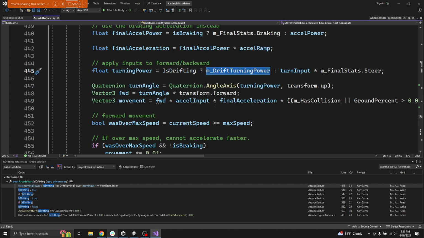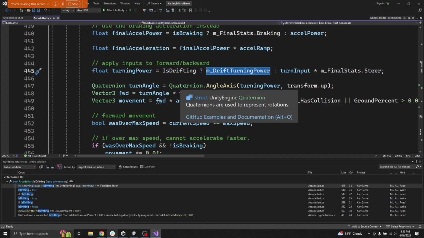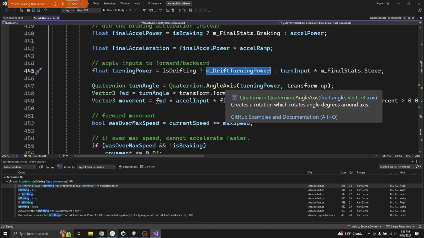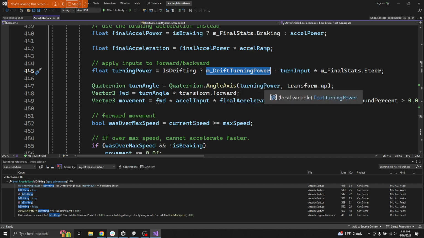So turn angle. So quaternion, we're dealing with a rotation. And angle axis. So creates a rotation which rotates angle degrees around an axis. Okay. So basically, we're going to take our turning power and rotate around transform up. So what that means is we're going to take a vector. Oh, no, I'm sorry. It's a float. Take a float